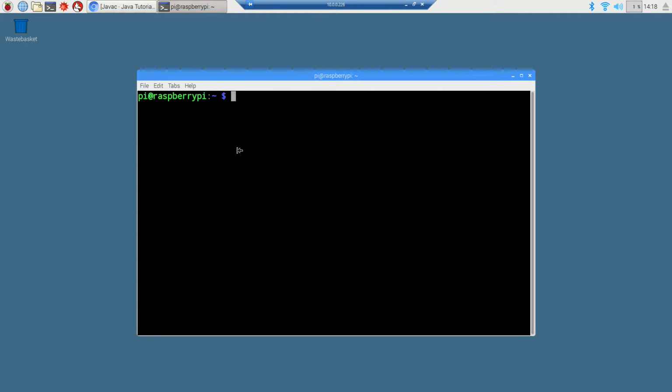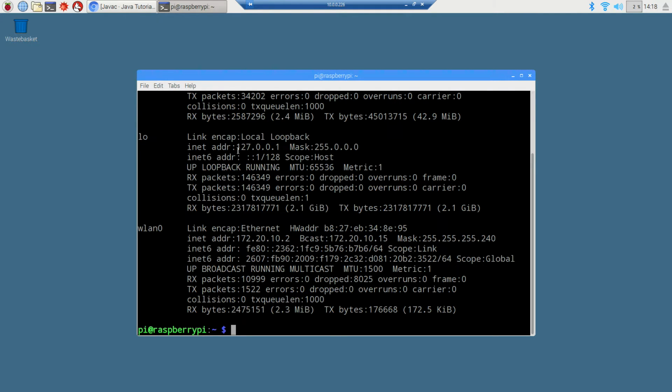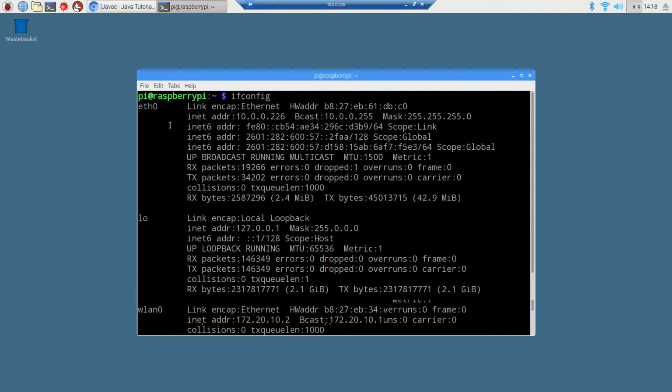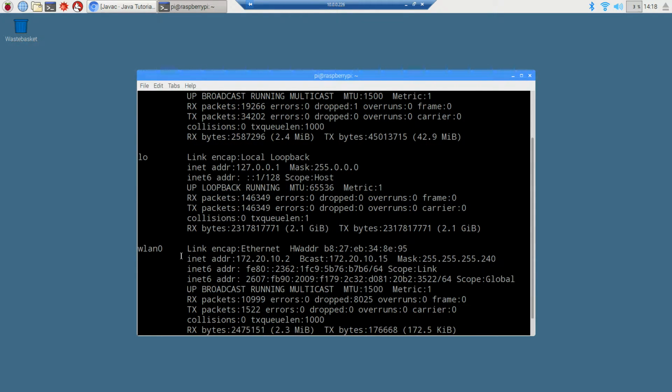10.0.0.226. I'm just going to open up terminal here and type in ifconfig. Okay. This eth0 is the Ethernet connection. You can see my IP address is 10.0.0.226. Okay, now down here on the wlan0, I actually connected up to my iPhone 6S Plus, and